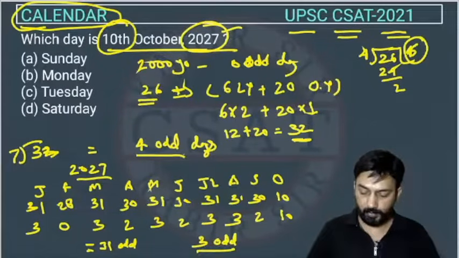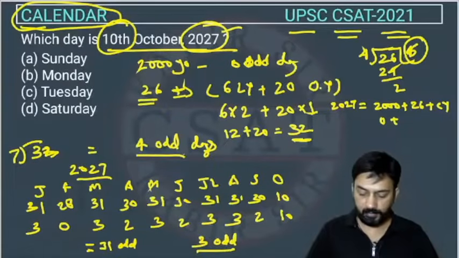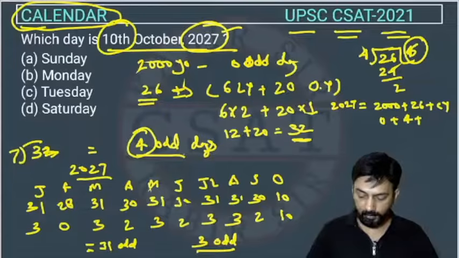So now, 2027 we are talking about. So this is equal to 2000 plus 26 years plus the current year, right? So in 2000 we have 0 odd days. In 26 years we have 4 odd days, and in the current year we have how many odd days? 3. So the total is 7,